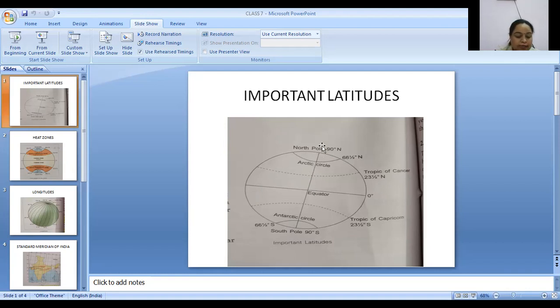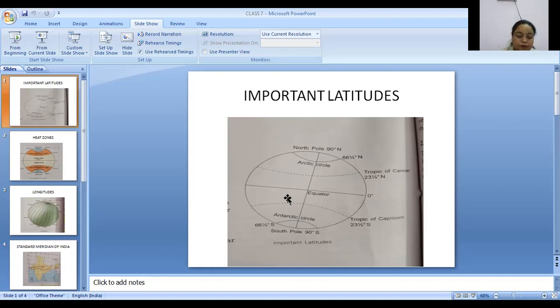Okay, so next is the distance between the latitudes remains the same. The distance from the equator to the Tropic of Cancer is the same. The distance from the equator to the Tropic of Capricorn is the same. The distance from Tropic of Cancer to Arctic Circle is the same, and from the Arctic Circle towards the poles is the same. So this means that all latitudes are equidistant. Their length decreases, but they are parallels, and their gap does not reduce.